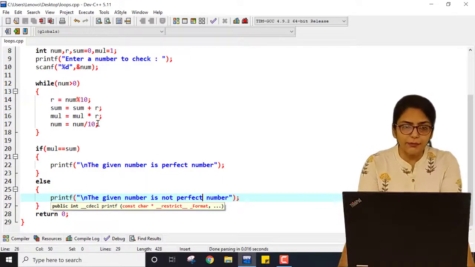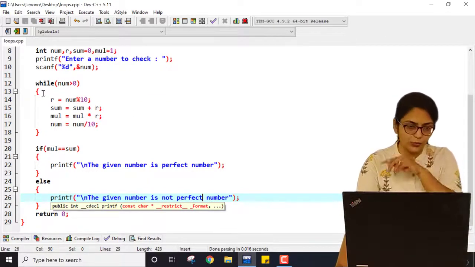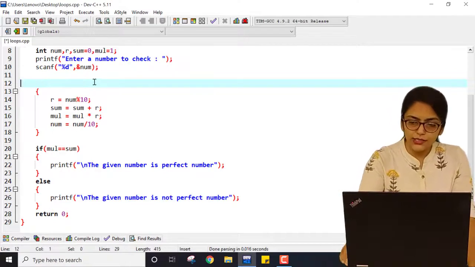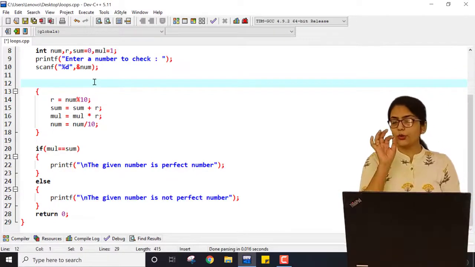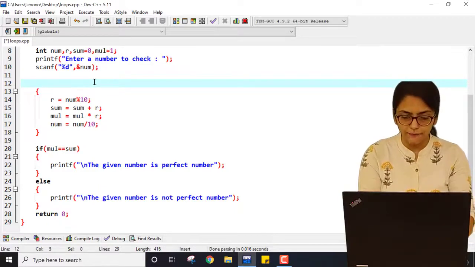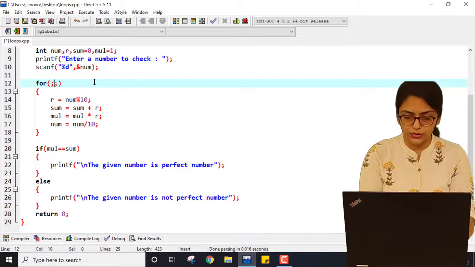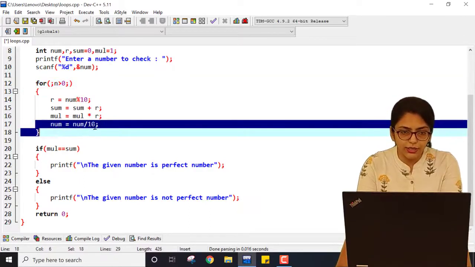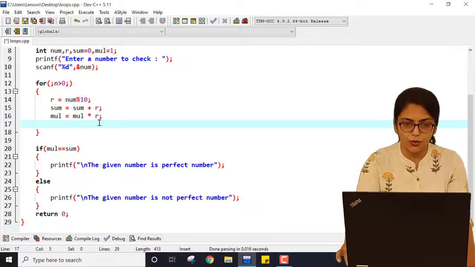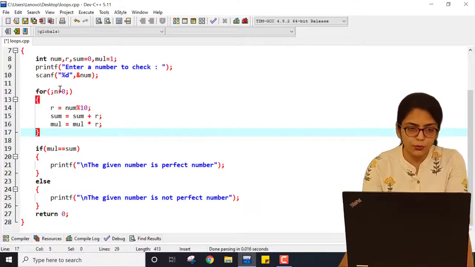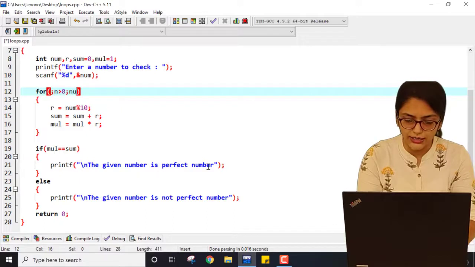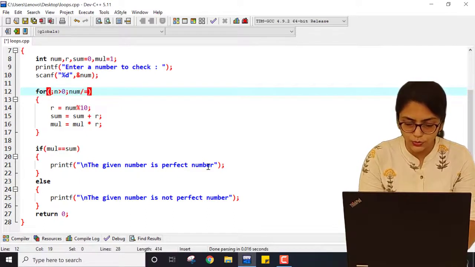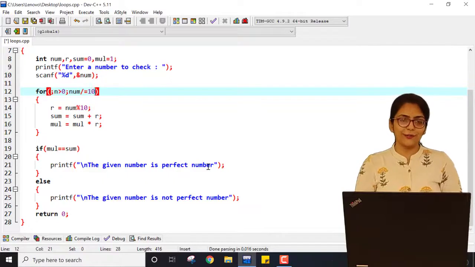Now, one may ask, ma'am, how can I implement this program using a for loop? Then I would like to show in this program. See, I don't want to use while, so I'm just erasing it. But you remember the condition. What was the condition? For needs 3 parts and 2 semicolons. The condition was n greater than 0. Here, instead of increment or decrement, you can just erase this from here, because in a for loop we are writing steps over here, and here you can write num divided and equal to 10. You know this operator, right?